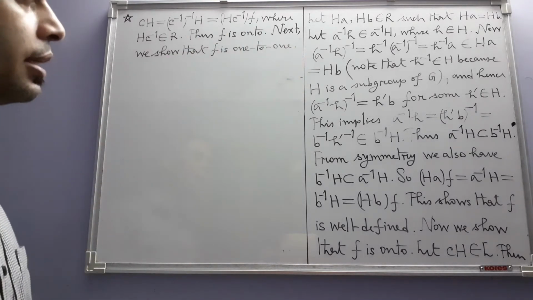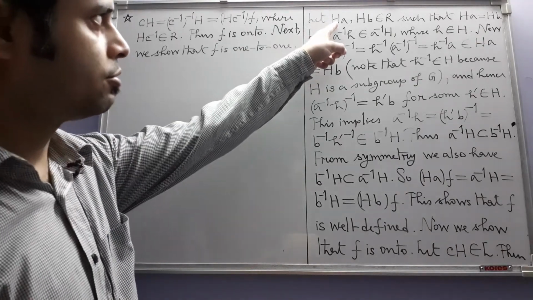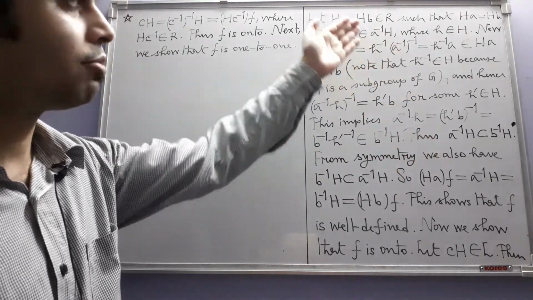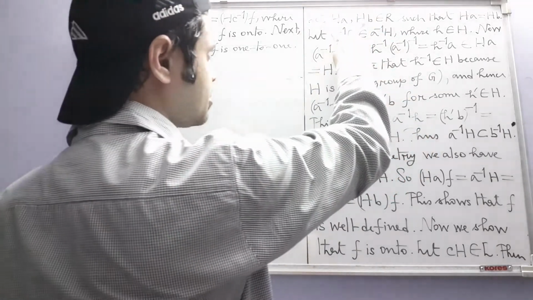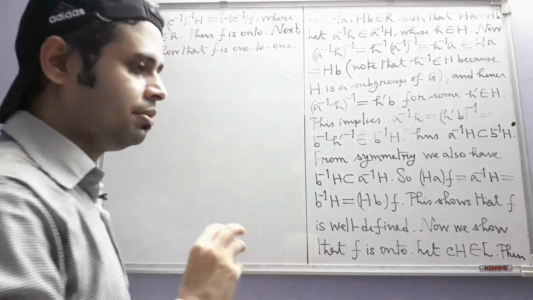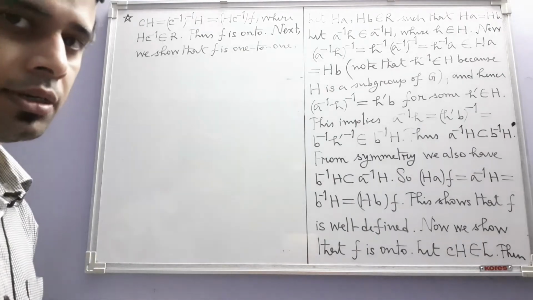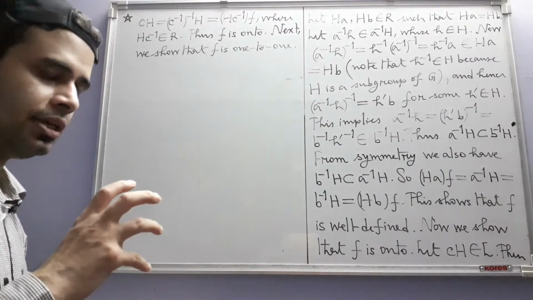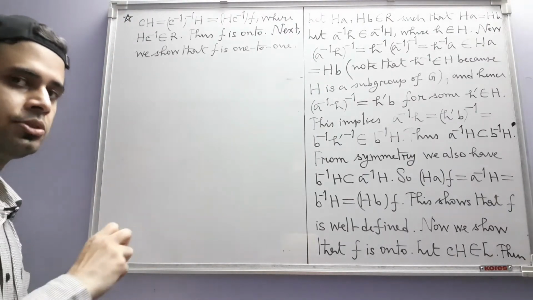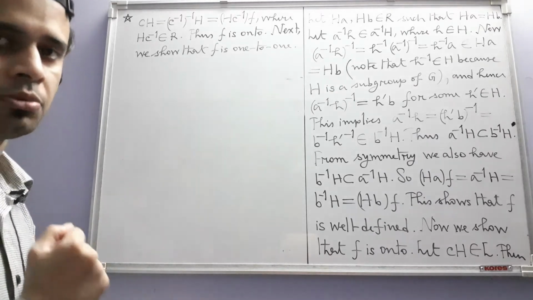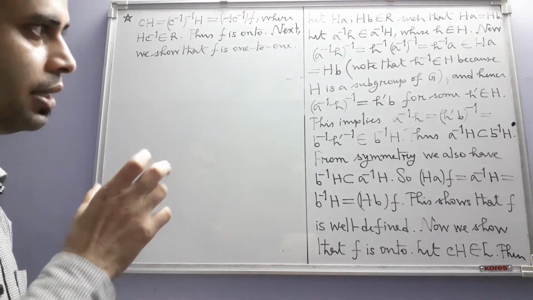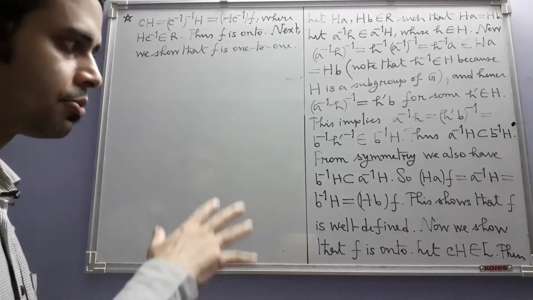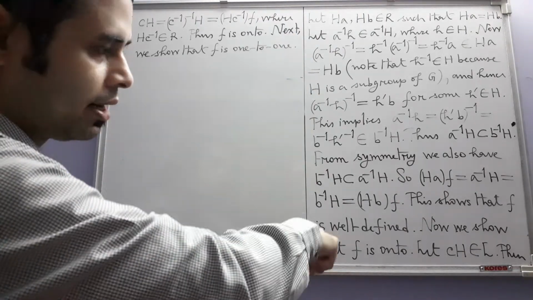So for one-to-oneness, what we have to do, we have to take two elements in R and we have to basically do the opposite of whatever we have done here. That means we will take two elements in the domain and we will assume that their F images are equal. We have to then prove that the elements themselves are equal. That is, if we have equal output, we have to prove that the inputs are also equal. That proves one-to-oneness. But if you prove that you have equal inputs and that implies you have equal outputs, that is proving that the function is well defined, which we have done here.